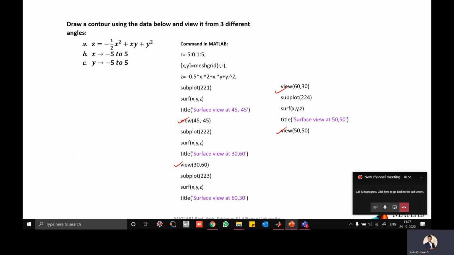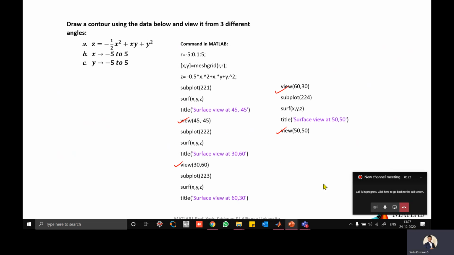You can use gtext also here, and at the same time you can put xlabel, ylabel, everything. Whatever we have discussed related to plots can be used everywhere. You can change the color, add xlabel, ylabel, title, legend, whatever we have discussed earlier can be done here also. We are discussing only new things here.